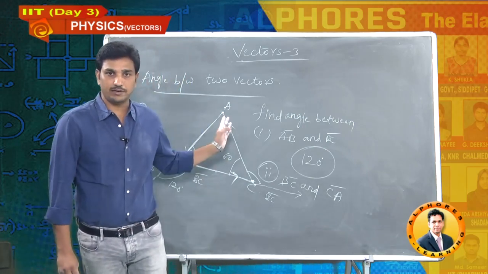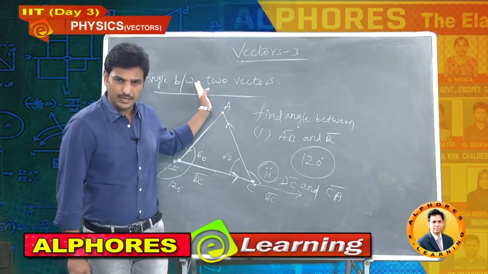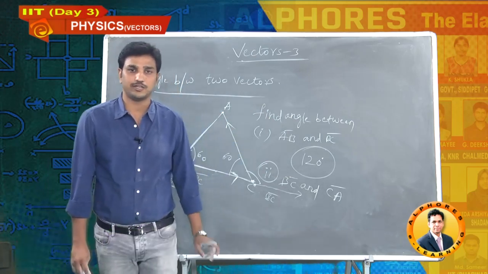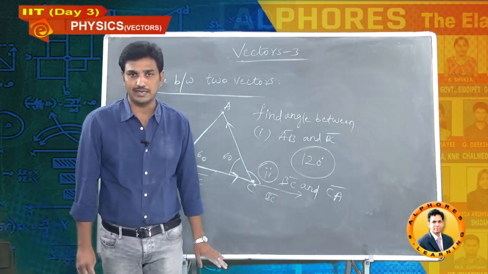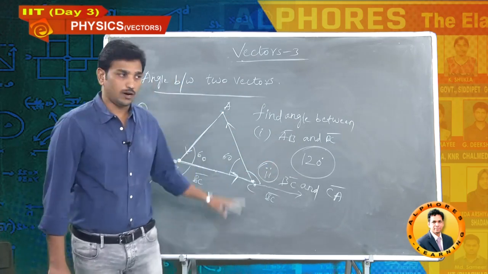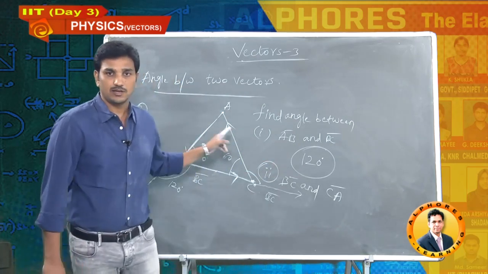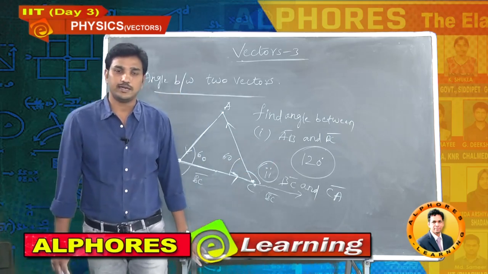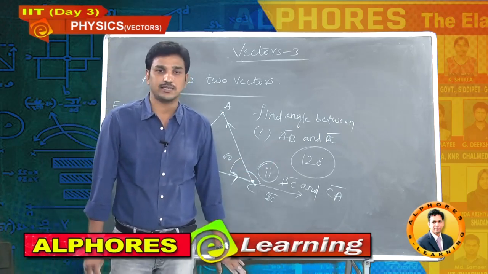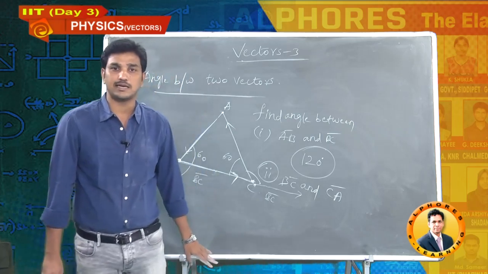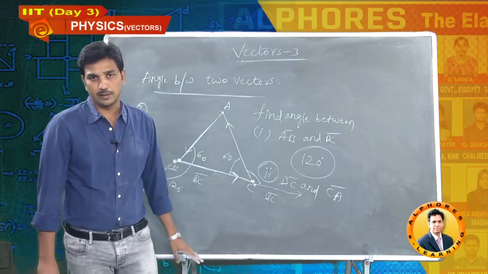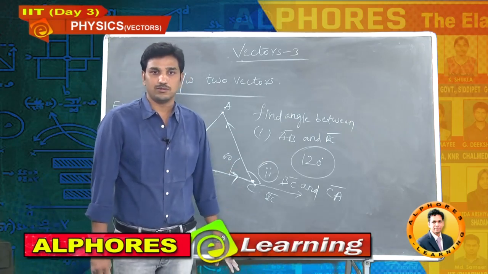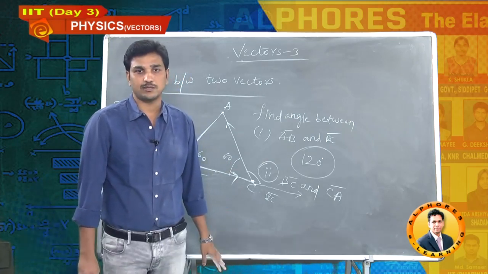And next, we went through addition and angle between two vectors. What is the meaning of addition? Head should join with tail, then only we can add the two vectors. How to see the angle between two vectors? When you want to see the angle between two vectors, join the two tails of the two vectors and see the angle between both of them. That's the angle between the two vectors. Depending on this, we went through different examples. Thank you. We will continue this vectors concept in the next session.